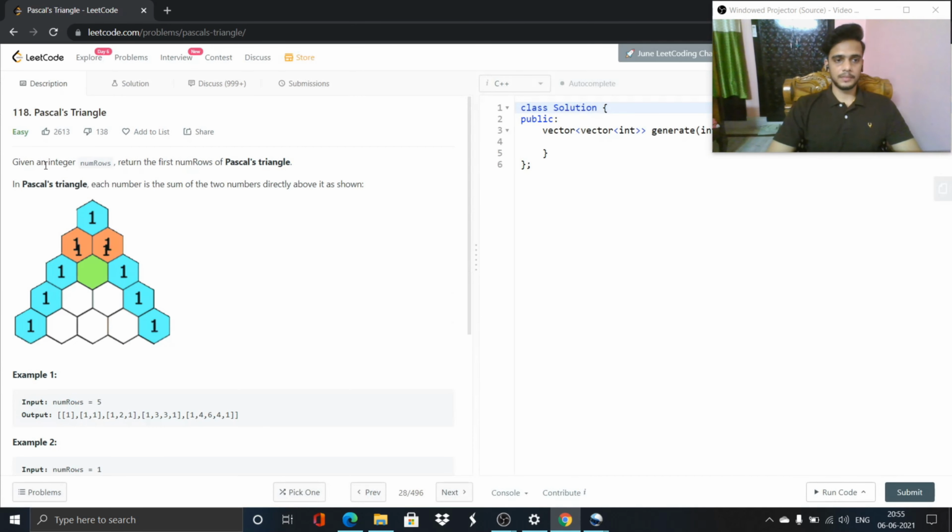So the given problem statement is: given an integer numRows, we need to return the first numRows of Pascal's triangle. In Pascal's triangle, each number is the sum of the two numbers directly above it, as shown. So each number is the sum of two numbers directly above it, like it is shown in the animation,